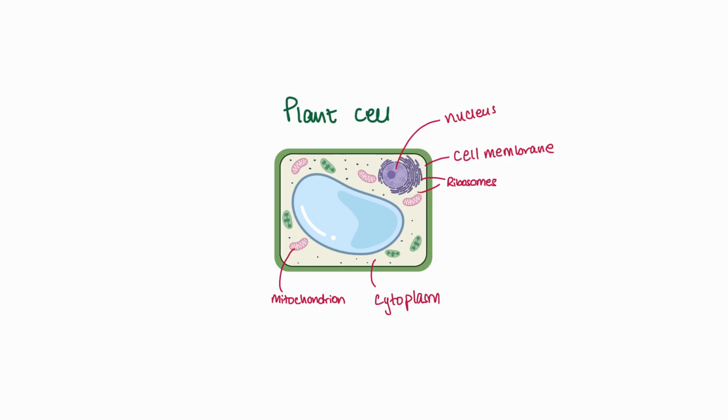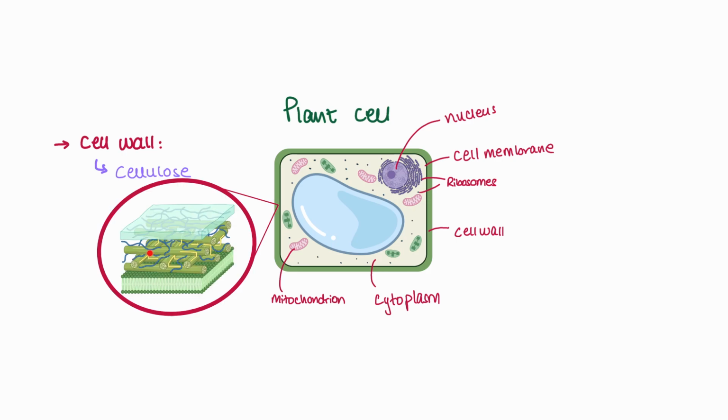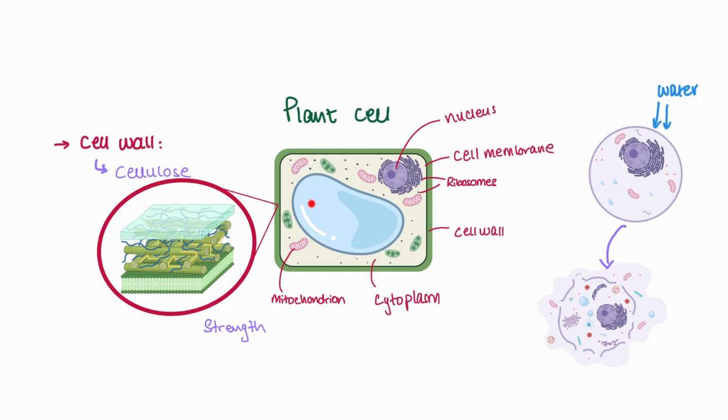Now, this is because of an external covering even outside their cell membrane called a cell wall. Now, this cell wall is made of a tough carbohydrate structure called cellulose. This cellulose is arranged in a meshwork of fibers which makes it really strong. So, this sort of gives shape or strength, you could say, to a plant cell. The reason I say strength is because sometimes a cell fills up with so much water that it ends up bursting. But a plant cell doesn't usually burst because this cell wall is strong enough to protect it.